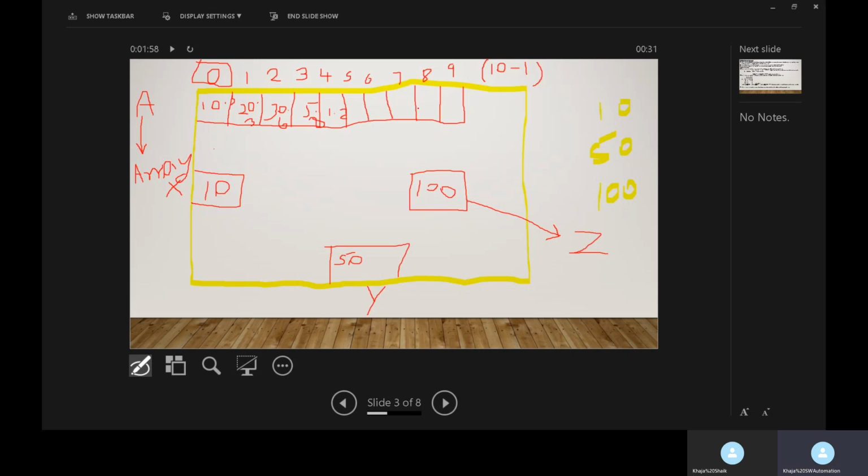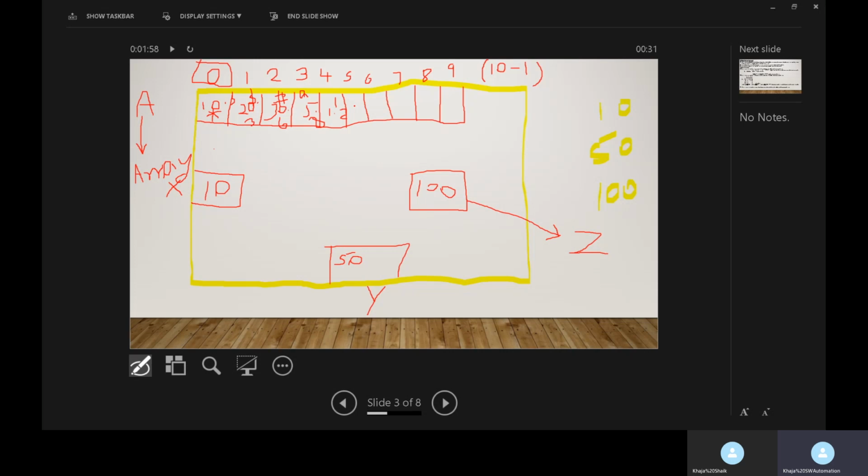Similarly, if the array is having all character values, some characters like asterisk, dollar, hash symbol, any character like A, and similarly any single number in the form of a character, any digit.